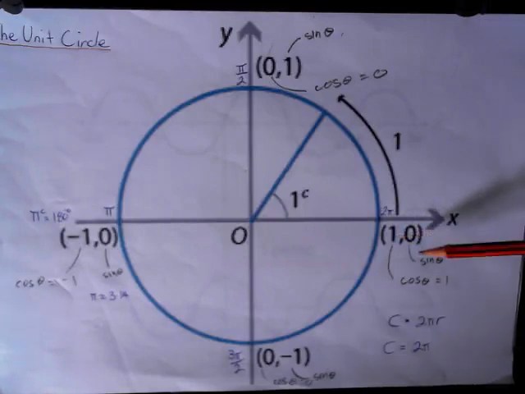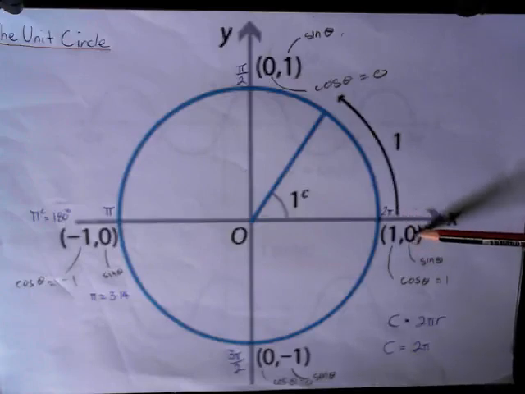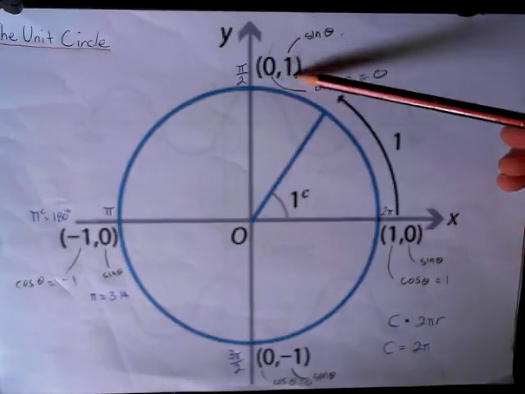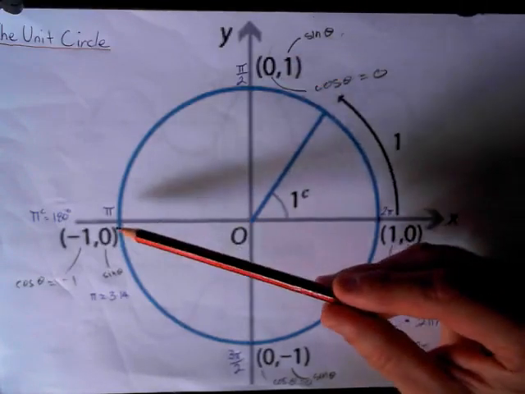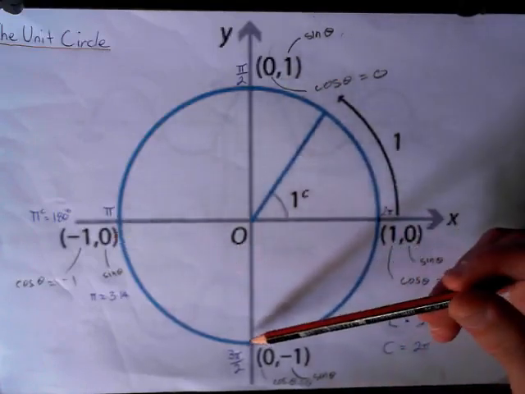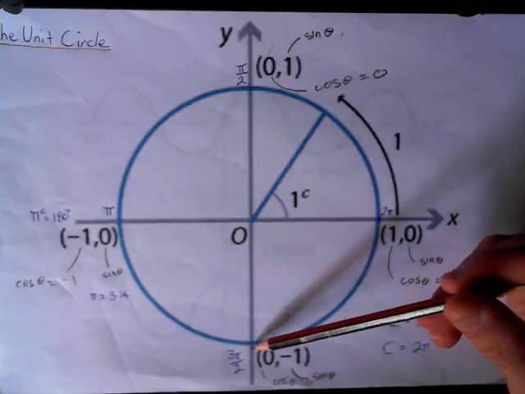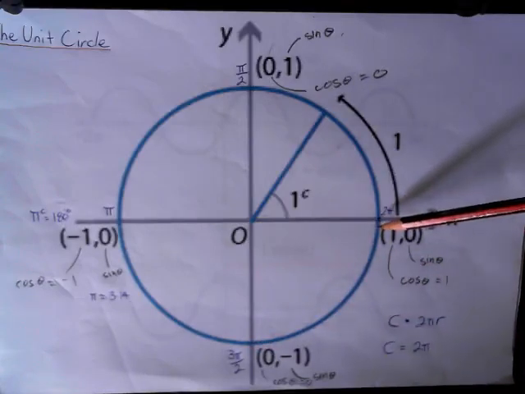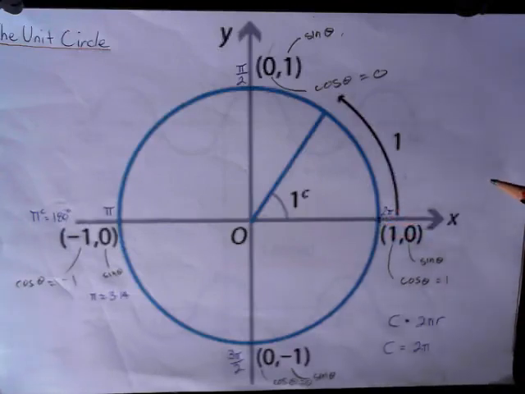So actually let's just go with the sine values. The sine values are the y values of these pairs. So the sine of 0 is 0. The sine of pi on 2 is 1. The sine of pi is 0. The sine of 3 pi on 2 is -1, and again the sine of 2 pi is 0. Now what we can do with these values is plot them on